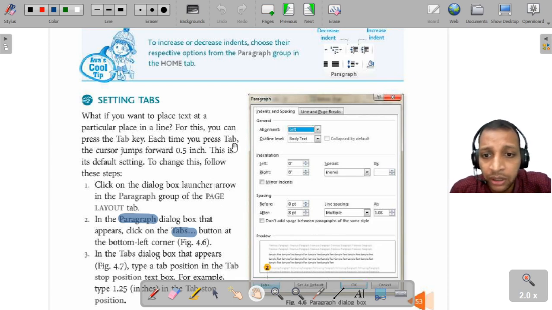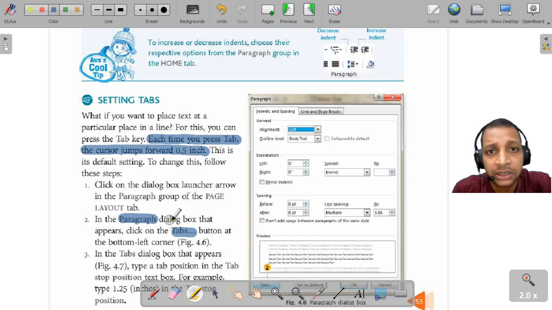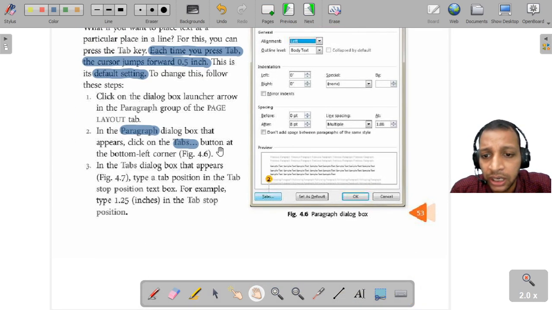By default, each time you press the tab key, the cursor jumps forward 0.5 inches. If you all remember, you can go back and see the previous videos, where I showed you how to change this spacing. And this 0.5 inch is the default setting. And these are the steps.